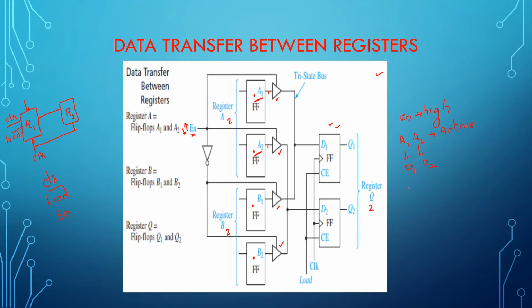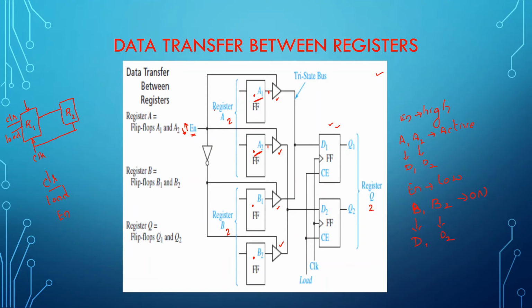In case you make your enable signal low, the tri-state buffers of the flip-flops B1 and B2 will be on, which will be sending the data to D1 and D2 respectively. So what was I bothered about? I was bothered about the data present in this register and this register. I wanted the data from this register to be moved on to the register kept ahead of it. So I added an enable signal so that this enable signal could facilitate the movement of the data from the first stage register to the second stage register. This is all it is to be done.